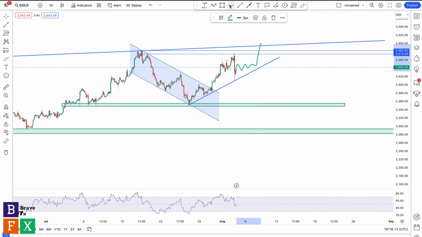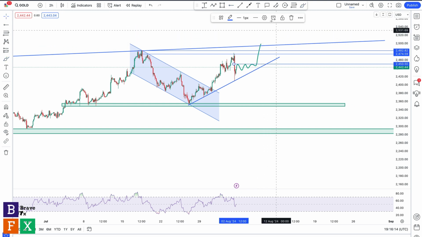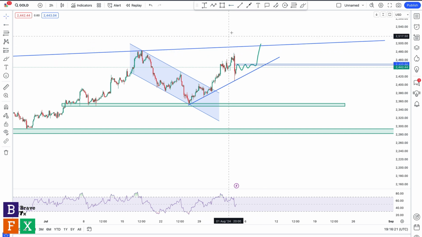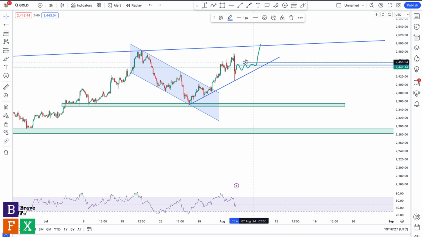So let's say we get our breakout around these price levels and you tend to go in a little early. So I'm going to get rid of this and get rid of this. So by the time price gets to this trend line, your entry is going to be around this breakout, right? So by the time you get into your trade, your long position, you should probably adjust